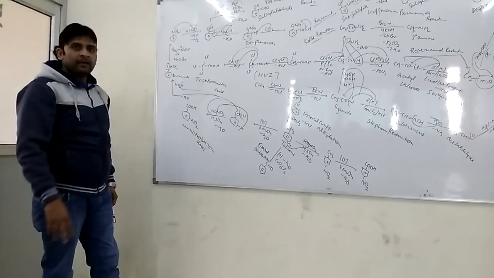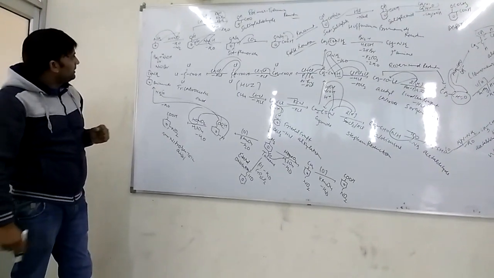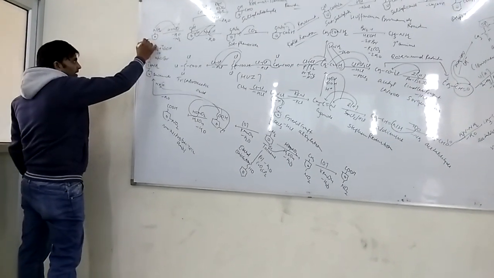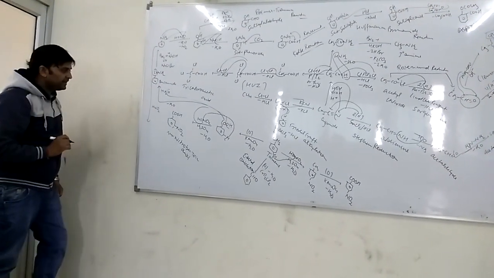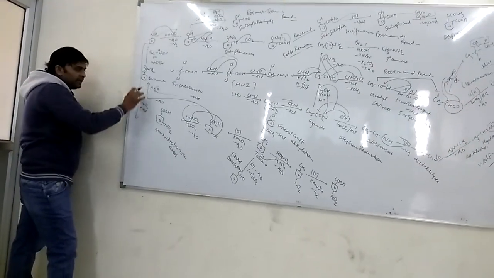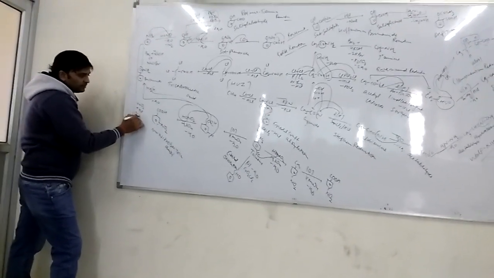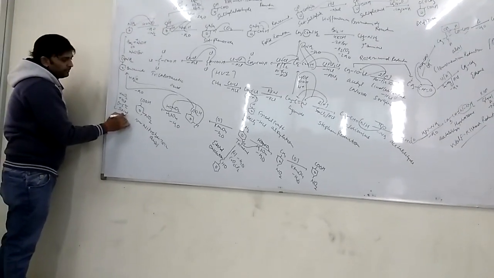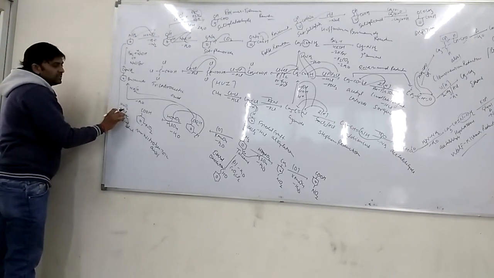Is it clear? Basically a number of reactions are also there if we have to discuss them. Suppose I am saying this aniline. This aniline is treated with HNO2, nitrous acid, plus HCl, hydrochloric acid. This is aniline. It is treated with nitrous acid and hydrochloric acid at a temperature of 0 to 5 degrees centigrade. You know this is called an ice cool solution. This is aniline, this is HNO2, this is HCl.